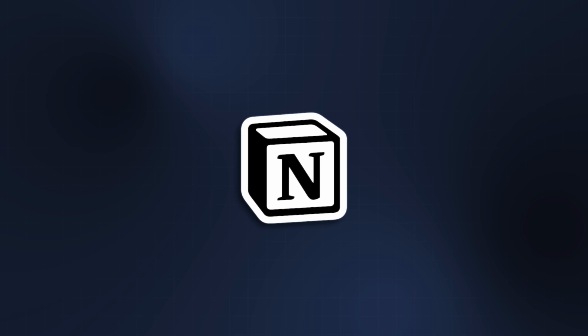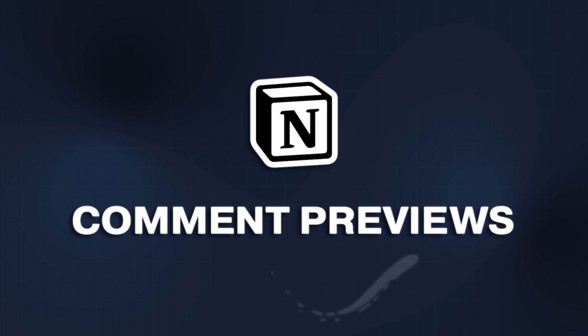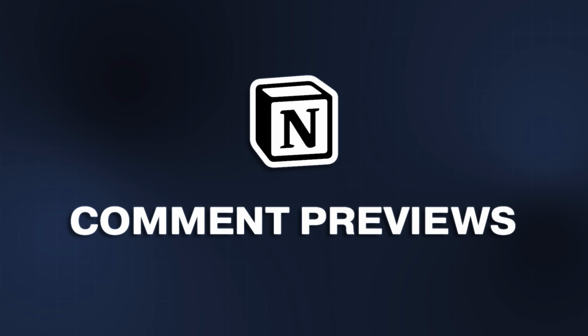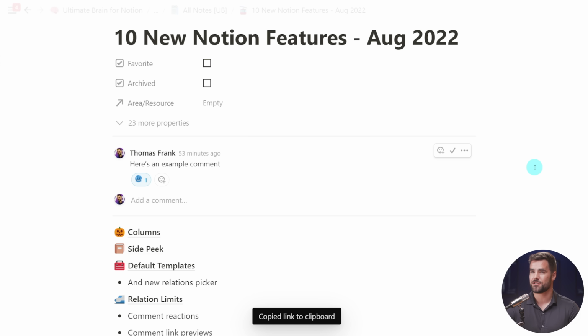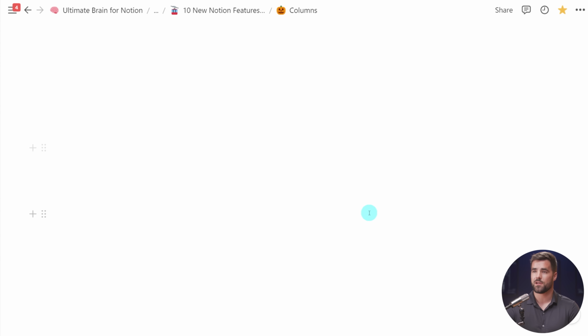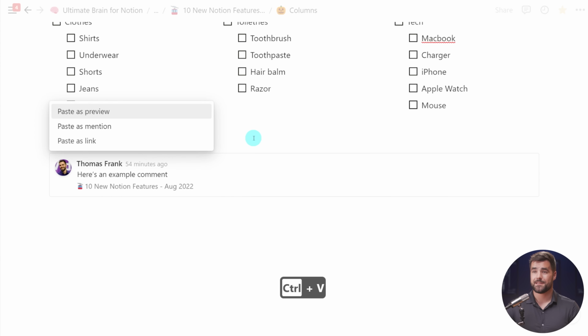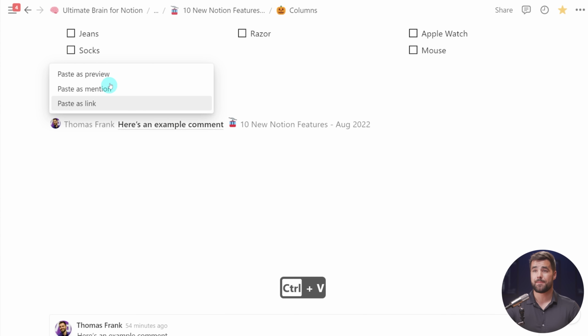And while we're talking about comments, let's move right on over to feature number 7, which is the ability to link to comments anywhere else inside of Notion and actually get a preview of that comment's content. So if I click the 3 dot menu right here, I can copy the link to this discussion and I can go anywhere else, say this columns page they were working on earlier, come down to the bottom, paste it, and just like we get with regular URLs to external websites, we now have the option to paste this as